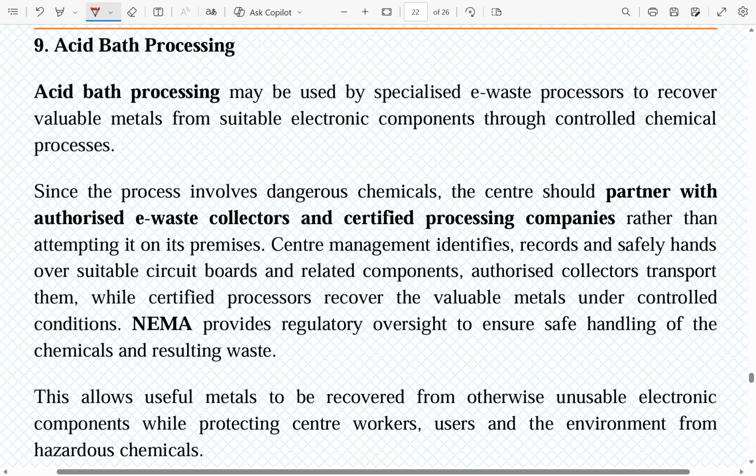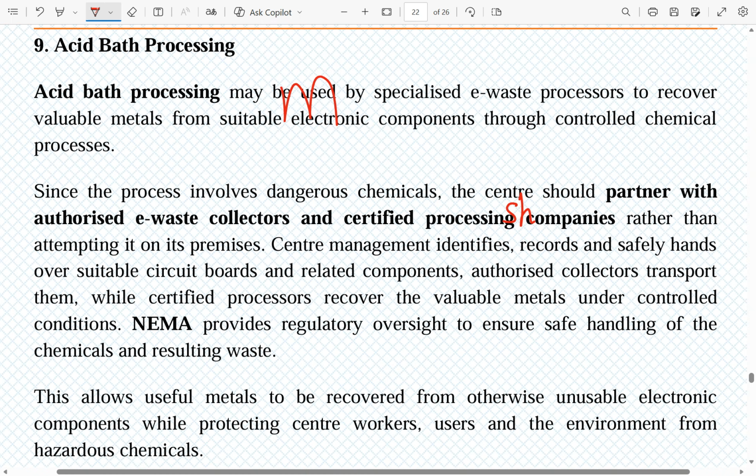So acid bath processing may be used by specialized electronic processors to recover valuable materials from suitable electronic components through controlled chemical processes. So as a measure, since the process involves dangerous chemicals, the center should partner with authorized e-waste collectors and certified processing companies